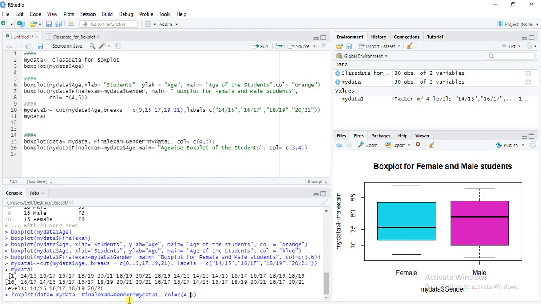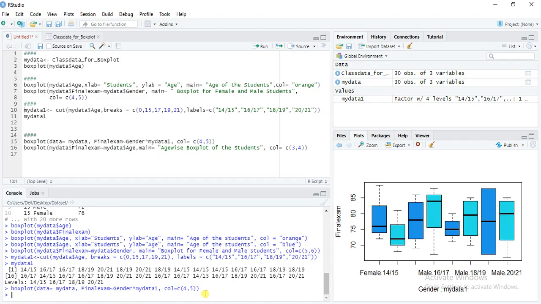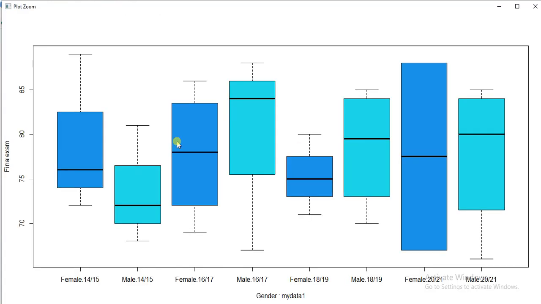We can give any color: 4, 5, 6, 7. So we can see our data through this graph.